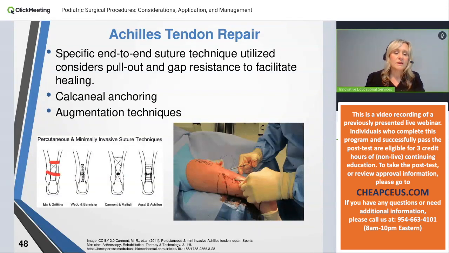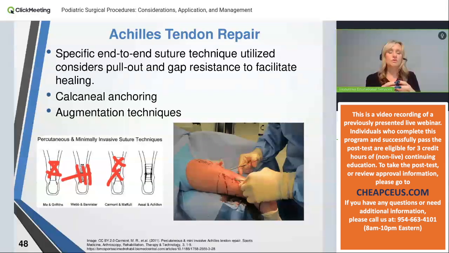They can do kind of like zigzags with X's. Some surgeons do vertical running stitches and then horizontal. Others do a bunch of X's. There are many different techniques that can be utilized. The goal is the surgeon is trying to use as few sutures as possible to obtain the greatest amount of